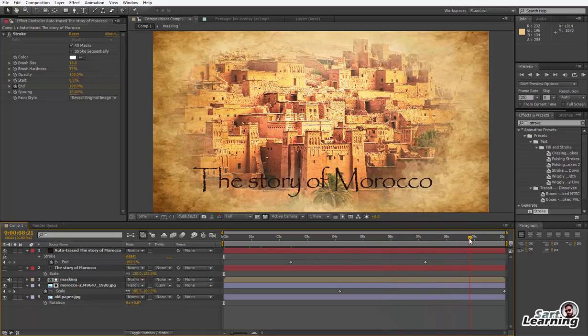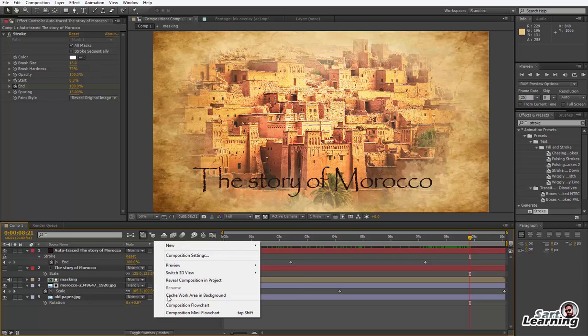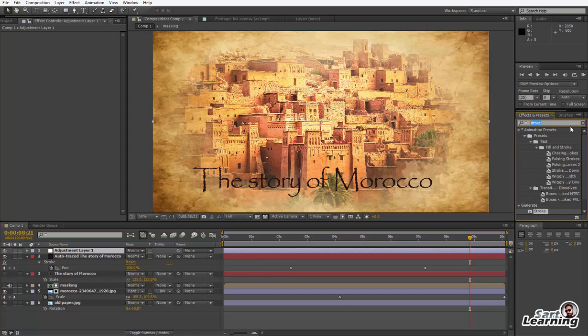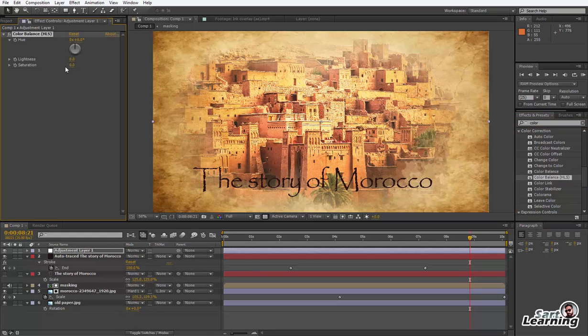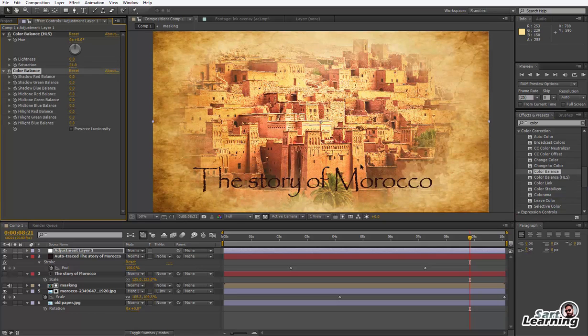Now my effect is almost ready. If you want to give some color correction, you can apply an adjustment layer and give effect whatever you want to give. And if you want to add some 3D effect or lighting, you can convert all the images into 3D and place an artificial light in After Effects. And I just increase the bluish part so it looks more realistic.